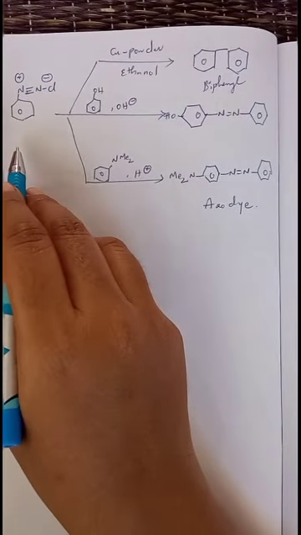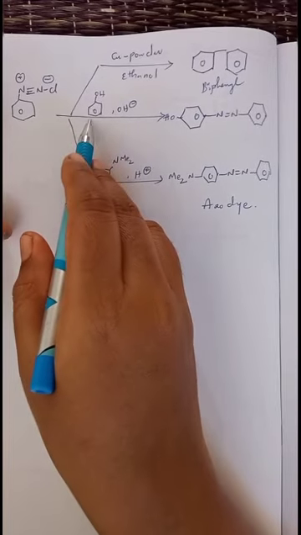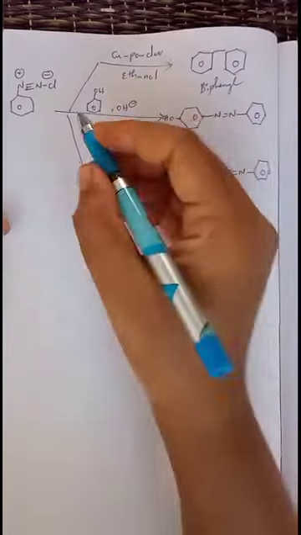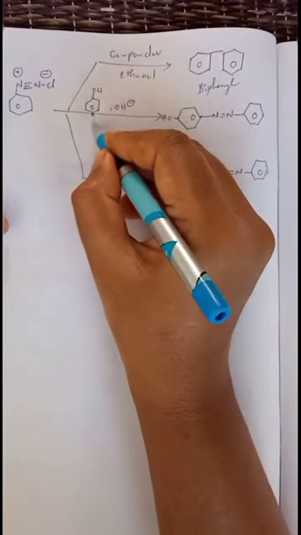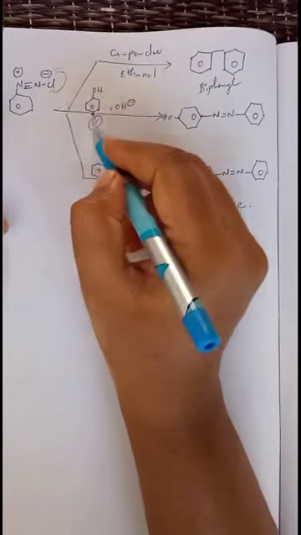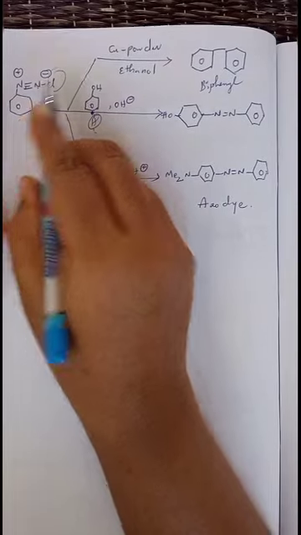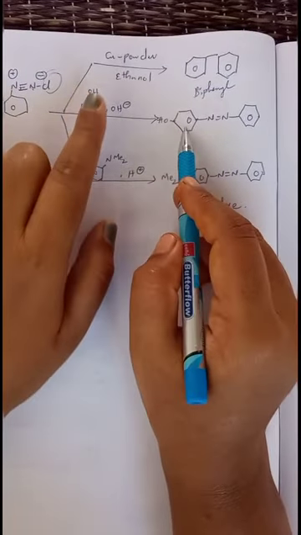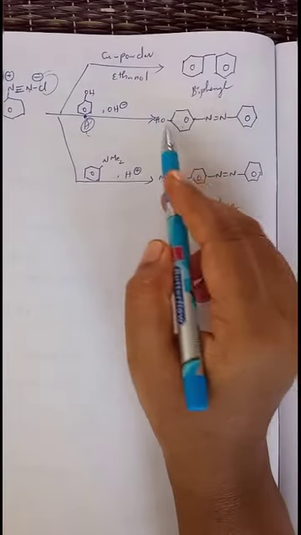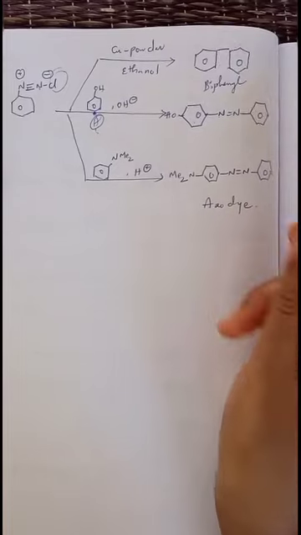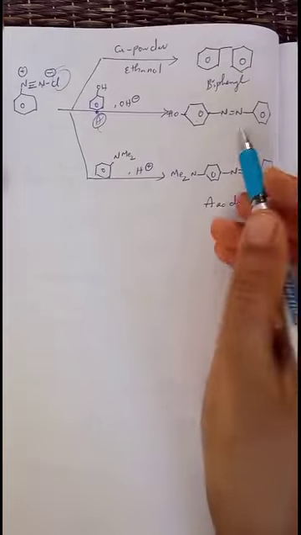In the same manner, when diazonium salt reacts with phenol in presence of base, the hydrogen present at this position takes this Cl, eliminated as HCl. Then this carbon is directly added to the nitrogen and converts into HO-C6H4-N=N-C6H5. So this is another compound which is called an azo dye. We can call such kinds of reactions azo coupling reactions.